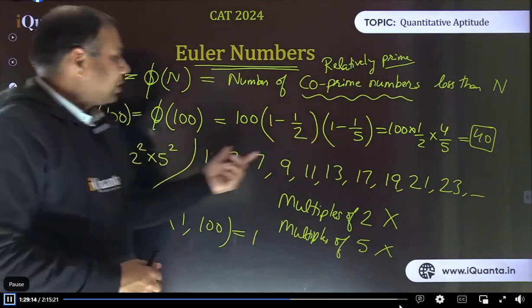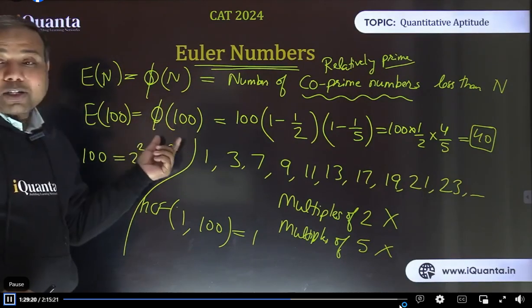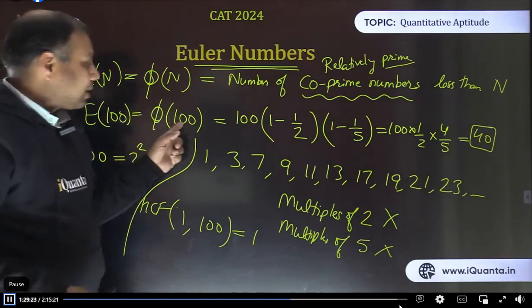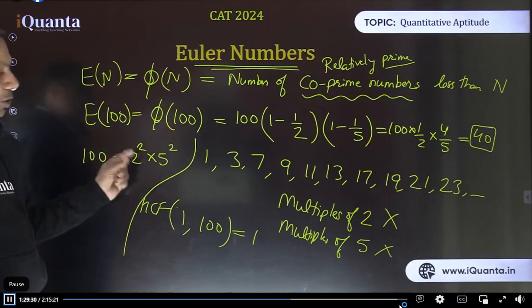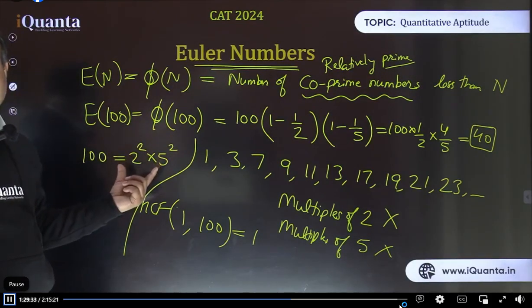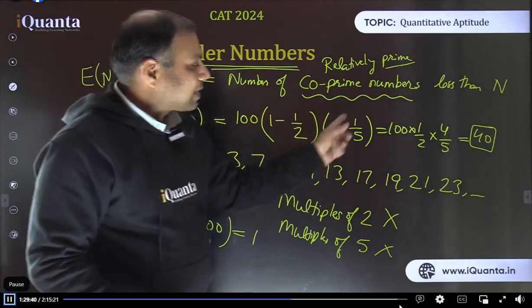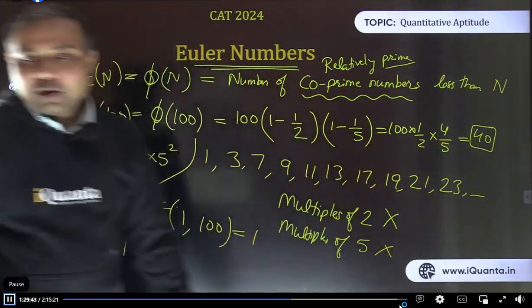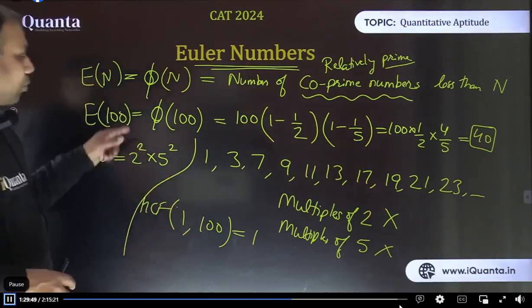Dija, I have just written the expression for how to calculate the Euler number or Euler value of 100. This depends on the prime factorization, or the prime numbers contained in this number, which we can see easily from its prime factorization. This is only having 2 and 5 as the prime numbers. So their powers are not important. I just need to see which prime numbers are there, right? So how am I writing the expression? It is 100 times 1 minus 1 by 2 into 1 minus 1 by 5, which upon simplification gives me the value of the Euler number. So we have to just consider the prime numbers. We are not bothered by the powers.